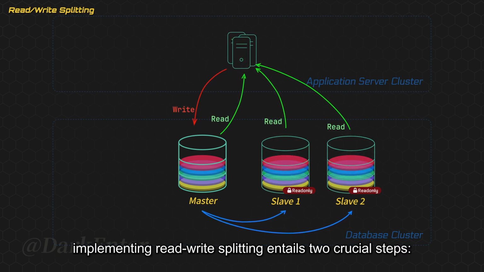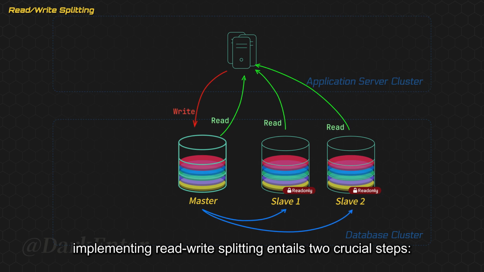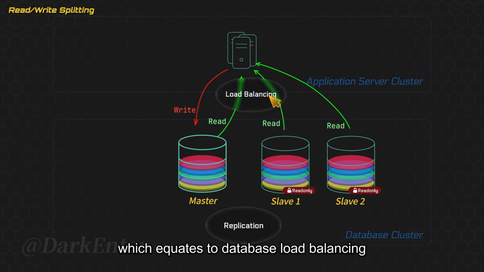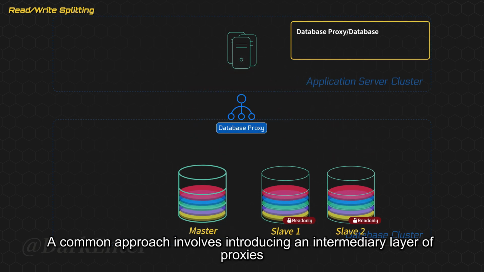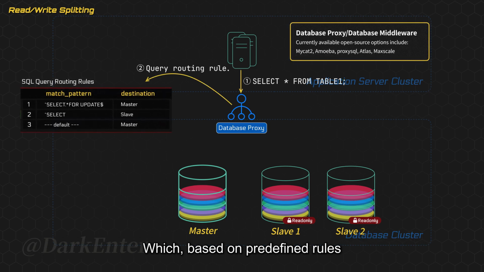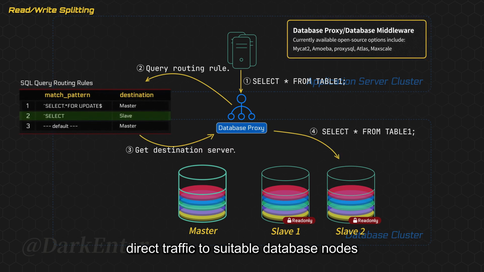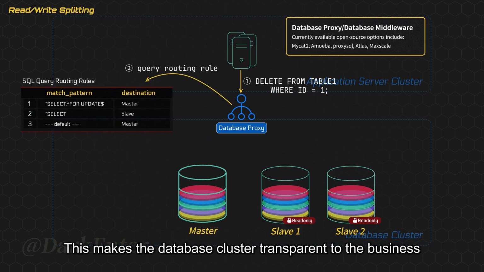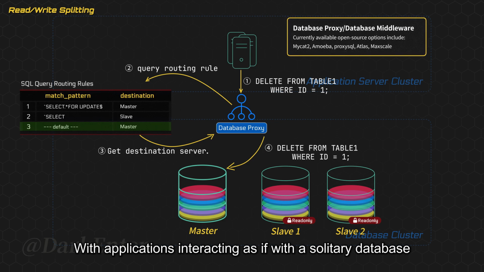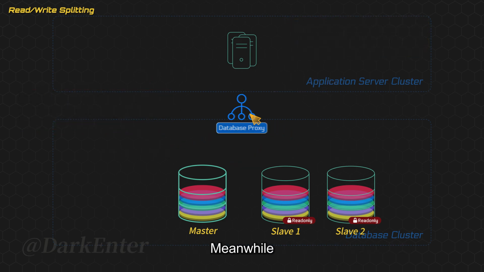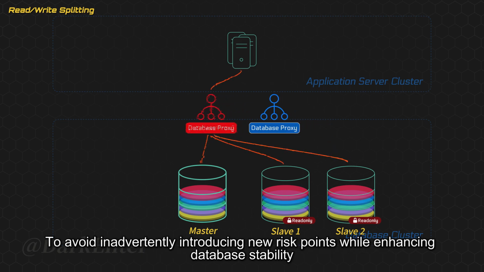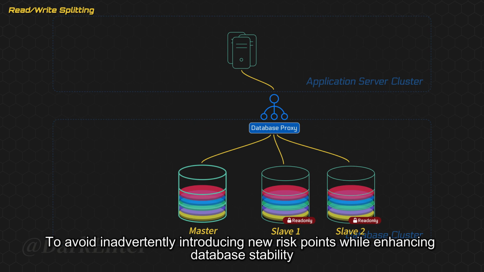Thus, implementing read-write splitting entails two crucial steps: 1. Replication, and 2. Traffic distribution, which equates to database load balancing. A common approach involves introducing an intermediary layer of proxies, which, based on predefined rules, direct traffic to suitable database nodes. This makes the database cluster transparent to the business, with applications interacting as if with a solitary database. Meanwhile, don't overlook the high availability design of the proxy itself to avoid inadvertently introducing new risk points while enhancing